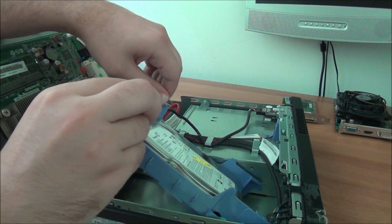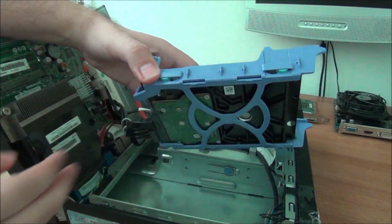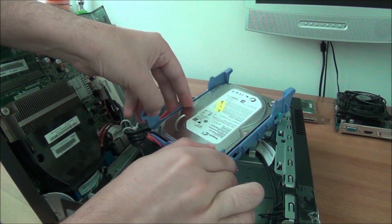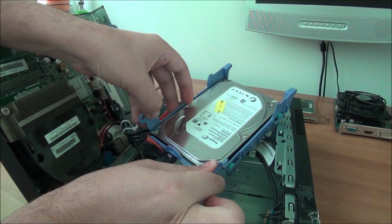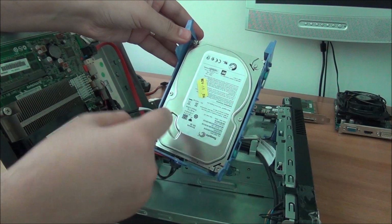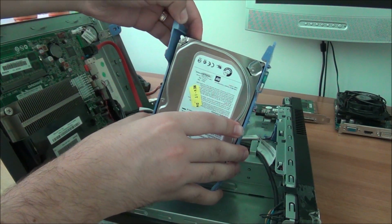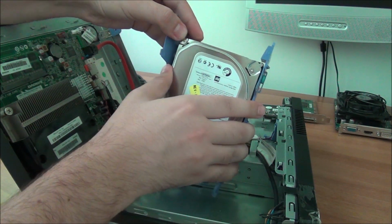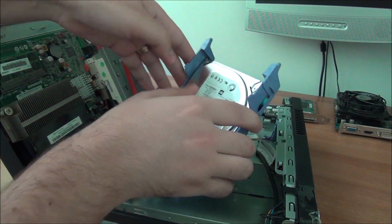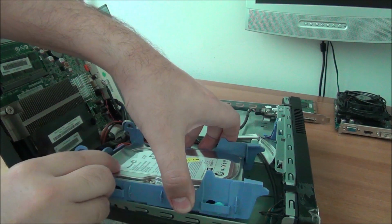Ideally you unplug the cables first, but it comes out about like this. And you can obviously remove the hard drive, because there are no screws, there are just some metal pins that go inside the screw holes on the hard drive, so you can clearly see that you can actually remove the hard drive fairly easily and without any tools. Put the new one in and just slide it back in place,